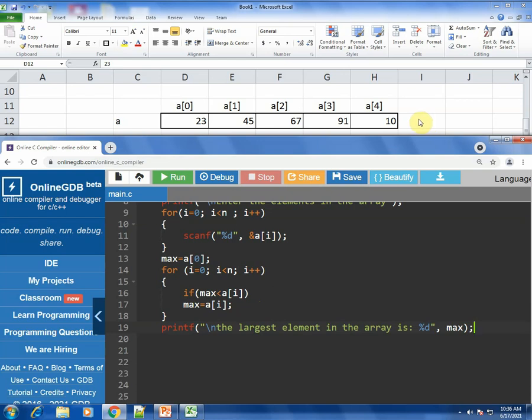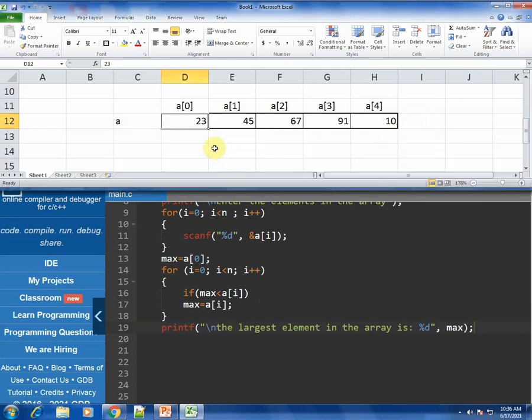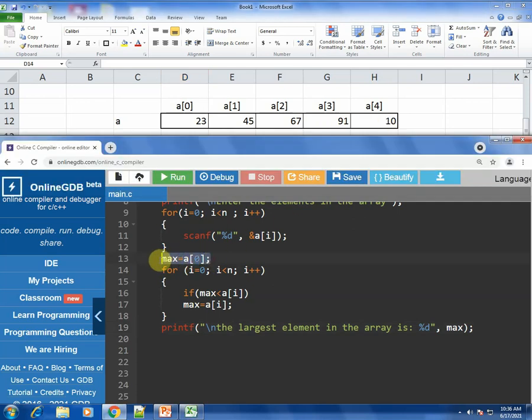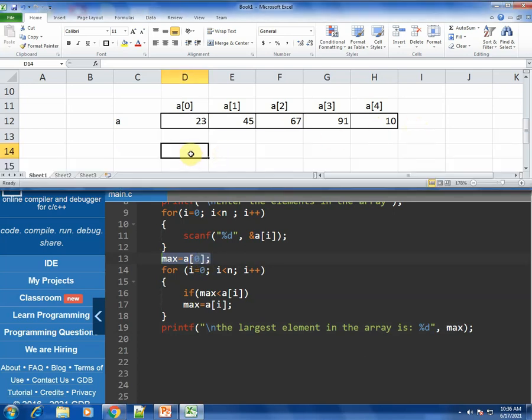I will show you all with this example on top. So these are the elements, suppose say taken input from the user: 23, 45, 67, 91 and 10. As you see in this line where max is equal to a of 0, which means the max variable will be assigned to what is there in a of 0.